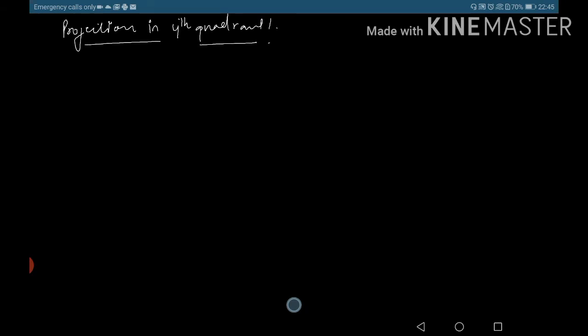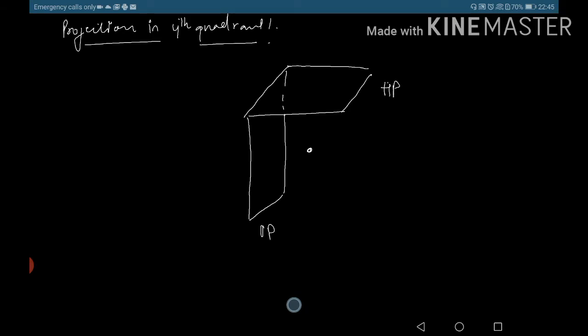Okay, projection in the fourth quadrant. So for the fourth quadrant, what you have to do, you have to take the fourth quadrant. So the point is over here, here this is our HP and here this is our VP. Point A is over here, a certain distance from the vertical plane and a certain distance from the horizontal plane. If you look from this side, the image of this point will be over here, and on the vertical plane